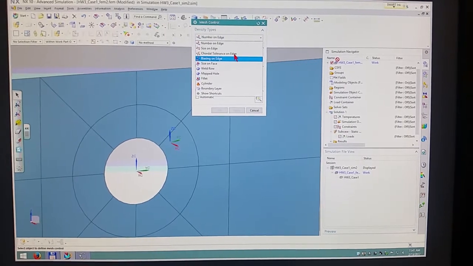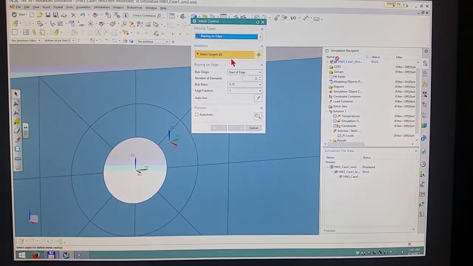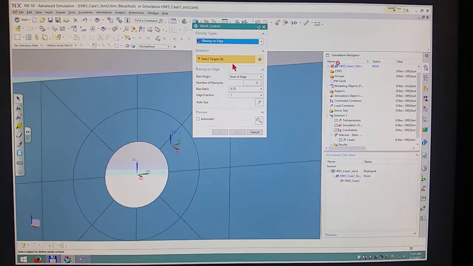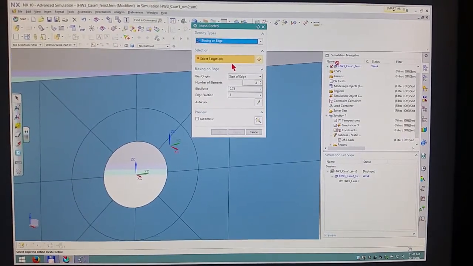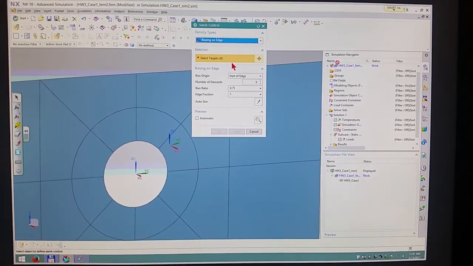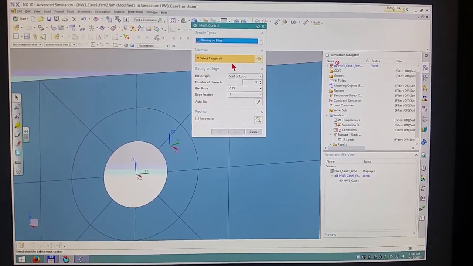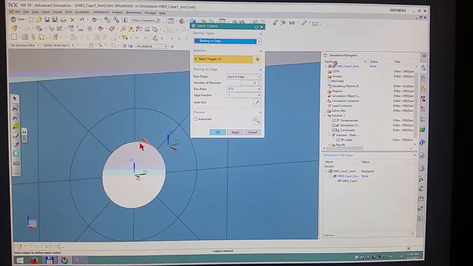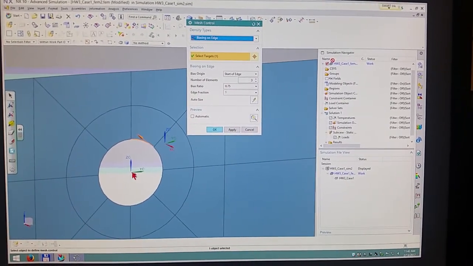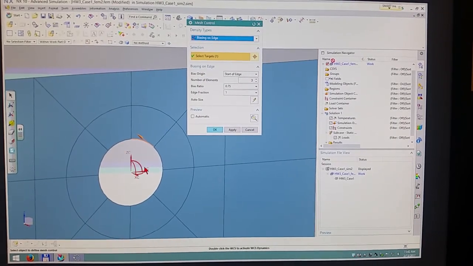This I've never used. Bias on edge, typically what I want to do. So I'm gonna do a bias. So bias just means I'm telling it I'm gonna start off with one length, and as I move across, I want that length to grow. So I might come in and I'm going to do bias on the edge. I'm going to select this edge right here, and it does a little arrow. I never really pay attention to it. This bias